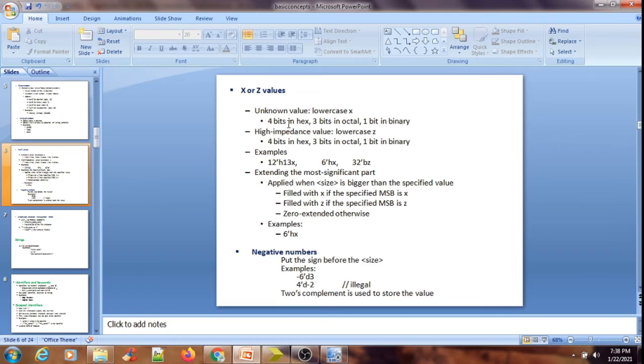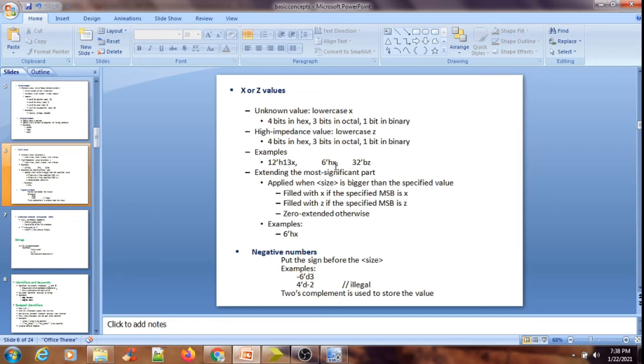So 4 bits in hex, 3 bits in octal and 1 bit in binary, that is the thing we know familiarly. If I have given a 4-bit binary x, all your 4 bits will be occupied by x only.